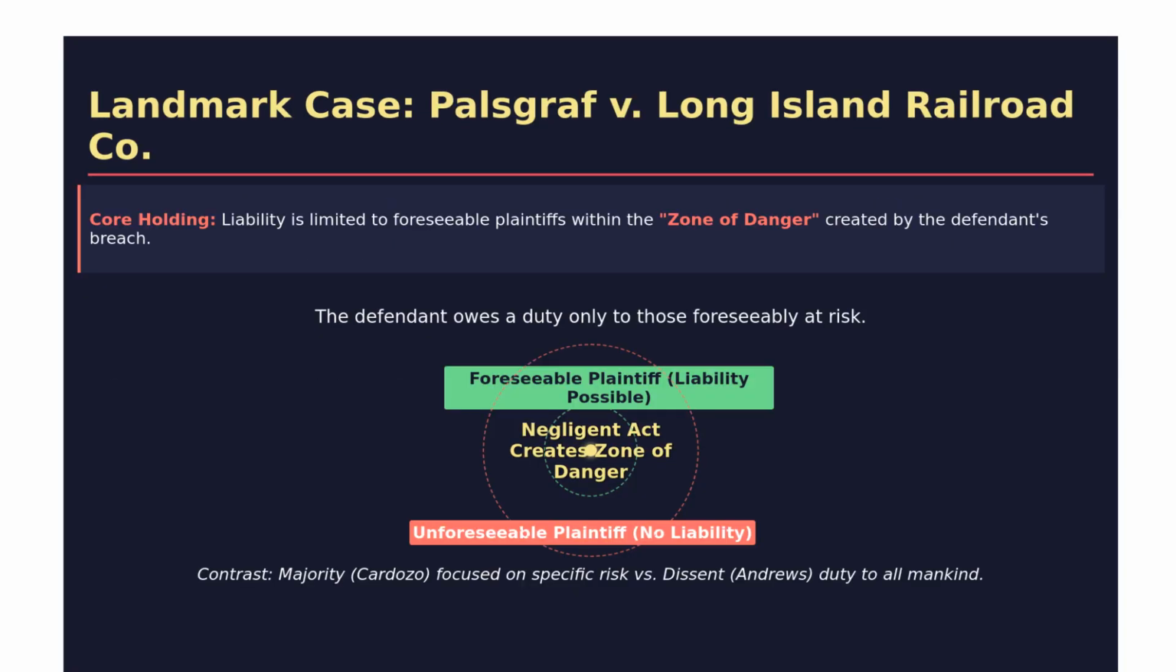We transition now from the abstract concept of foreseeability to the landmark case that defined its application, Palsgraf versus Long Island Railroad Company. This case is crucial for understanding the scope of duty and proximate cause. The facts involve a railroad employee negligently helping a passenger board a moving train, causing the passenger to drop a package. Unbeknownst to the employee, the package contained fireworks, which exploded, knocking over heavy scales far down the platform, injuring